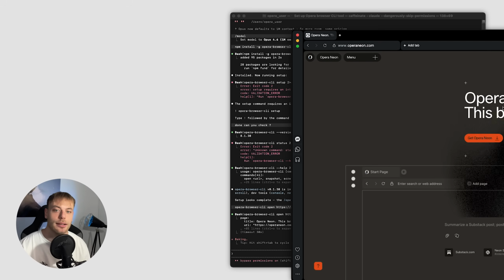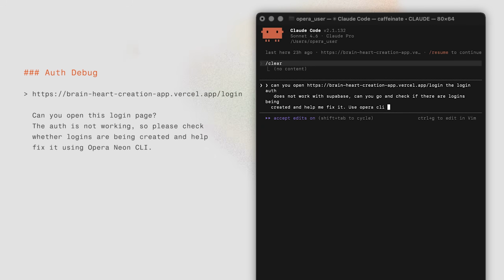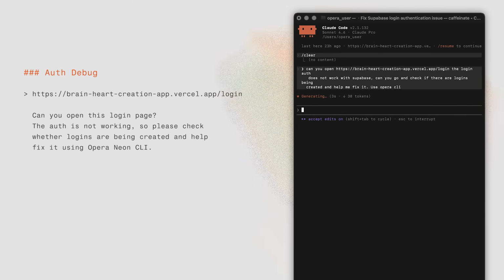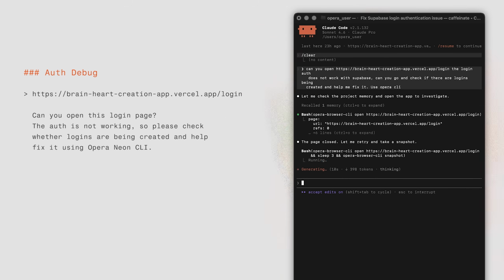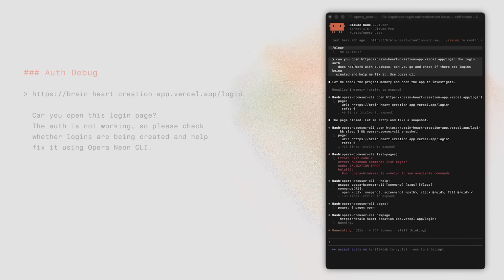With the setup done, let's put it to work on a real issue. There's a login bug in Supabase on our web app, and we want Claude Code to track it down through the Opera Browser CLI connection. First, I ask Claude Code to open our web app, identify the error in our Supabase login authentication, and help